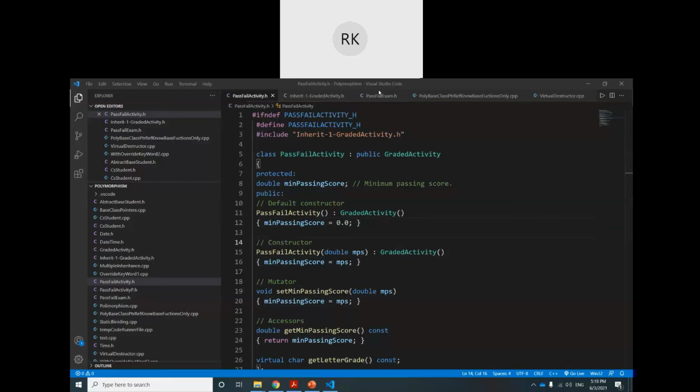The pass fail exam class is indirectly inherited from the grade activity also, because the pass fail exam is inherited from pass fail activity, and pass fail activity is inherited from grade activity, which has the set score function.